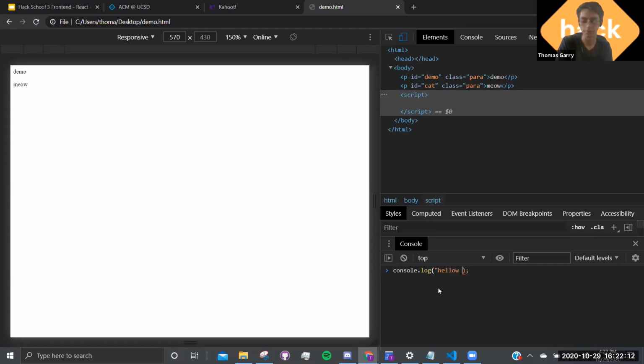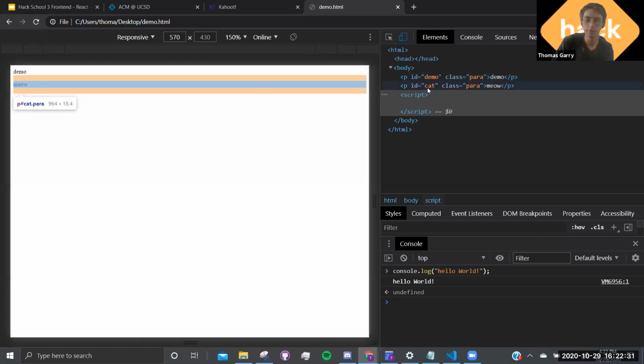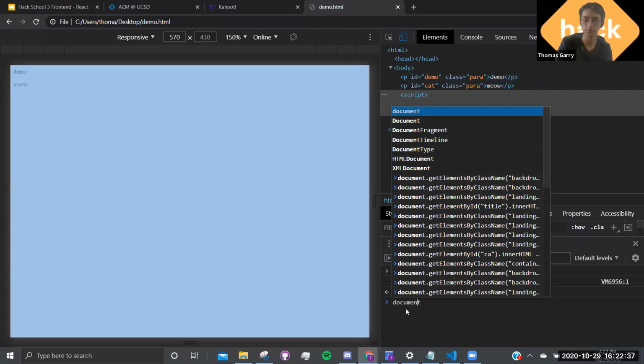So typical starting, right? Hello world. And boom, it prints out. In terms of what I wanted to show here, we have a demo with ID demo, and it has a class paragraph. And ID cat and class paragraph as well. So what we can do to access, for example,